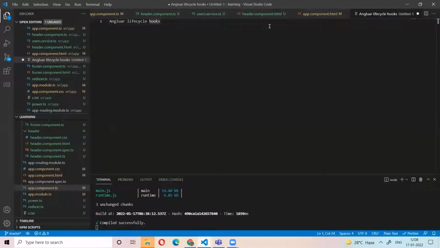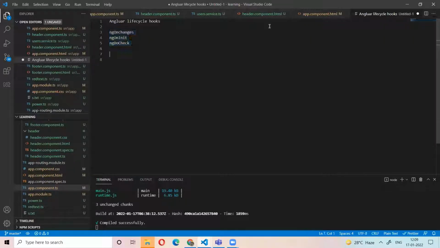Okay, simply I will explain here. You people know what ngOnChanges is. I'll explain ngOnChanges, ngOnInit, ngDoCheck. Till now people are not confused? All these are related to only one component.